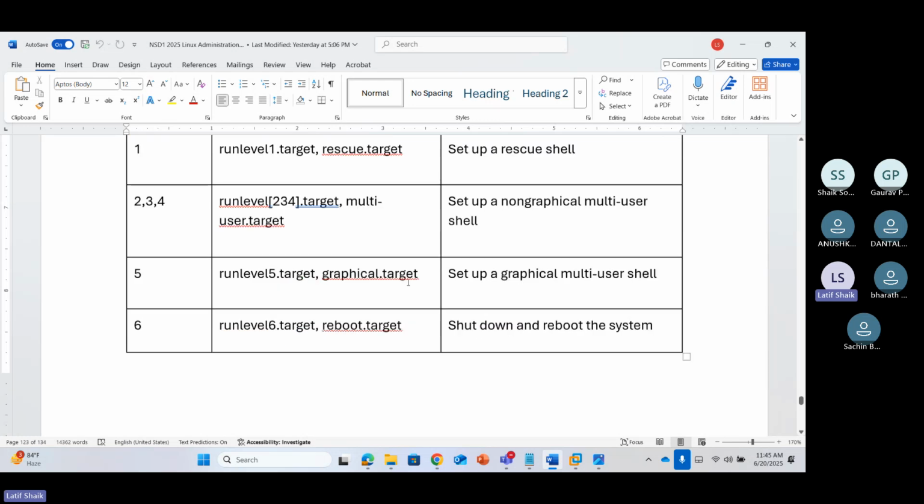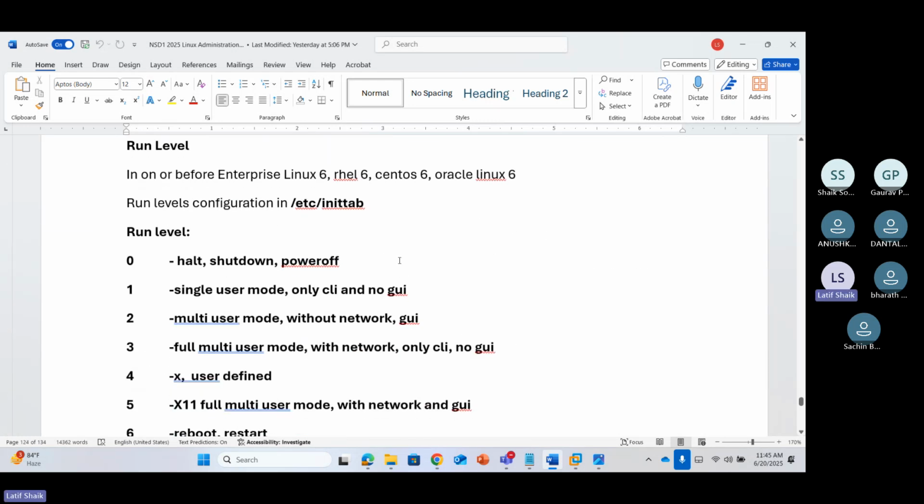Next is about run levels. When we were using, meaning older people like me or Madhu sir, older Linux versions like 6.5, if you attended an interview based on Linux, the very first question was: explain run levels. In our older versions, these run levels are defined inside